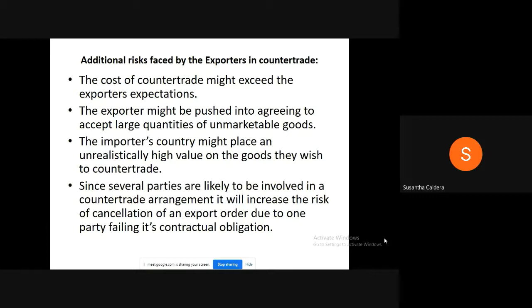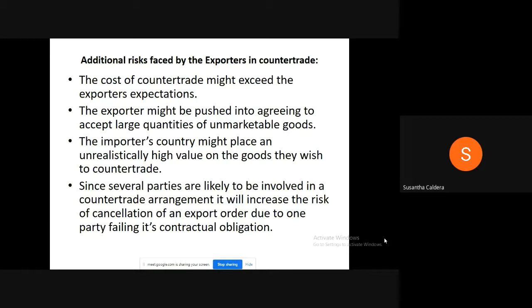Because there are more than 2 parties involved in this counter trade, like the UK exporter will send the capital goods to an LDC country, then the LDC country, the buyer, will settle that amount to another sugar exporter, manufacturer. That guy will send the sugar to the UK guy. The UK guy is not dealing with sugar. He will sell it to some other sugar importer there in the UK and get the cash from them.